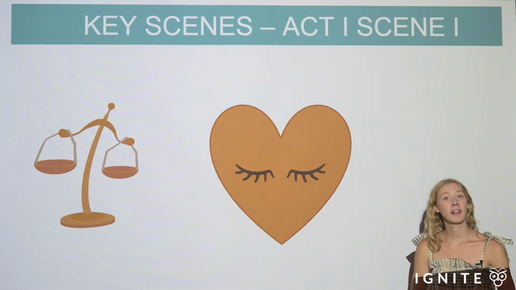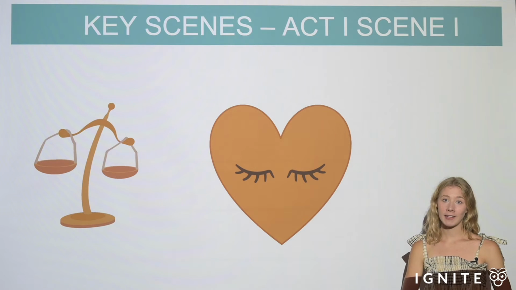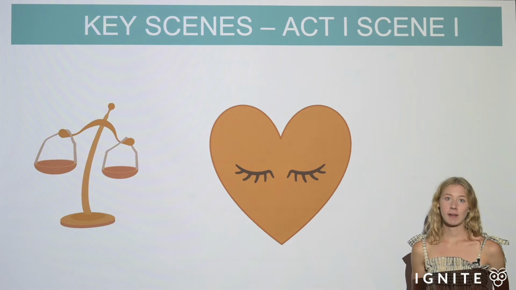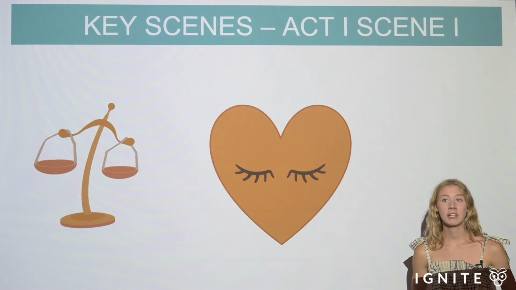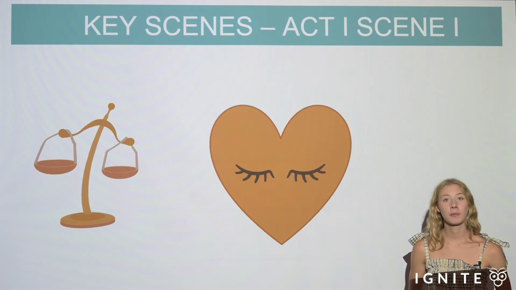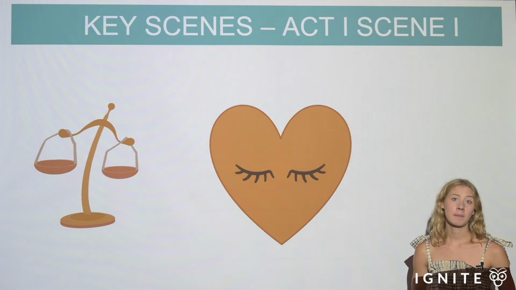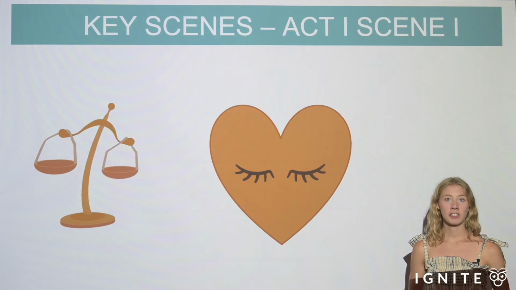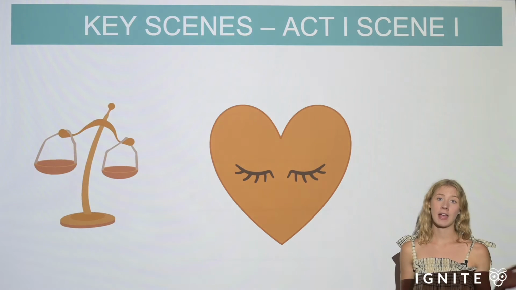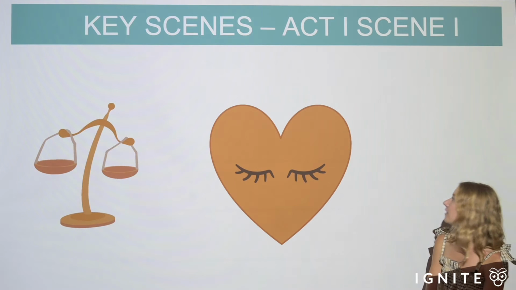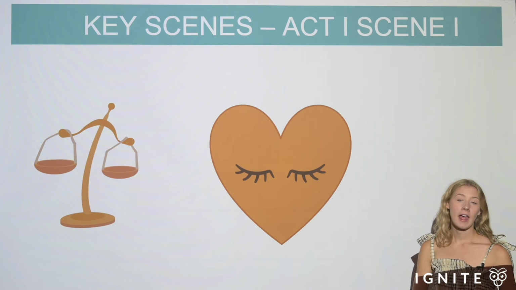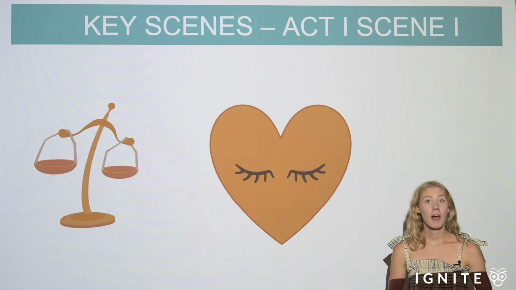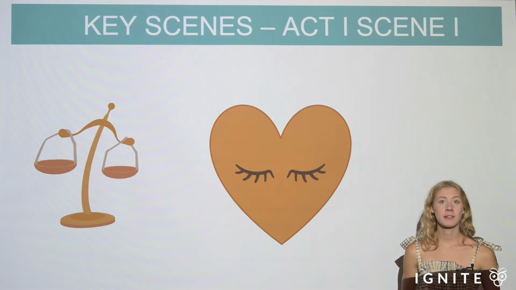So the first relationship to look at is the one between Lysander and Hermia. This is very much a relationship that looks at infatuation and the volatility that goes along with these emotions. It also looks at patriarchal interference into relationships, as Lysander and Hermia are actually forbidden from being together by paternal figures.